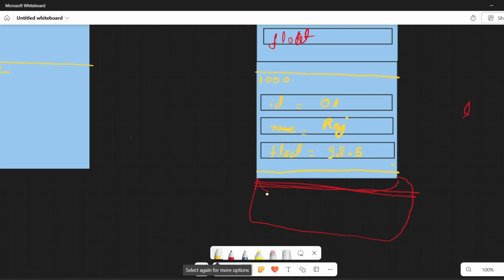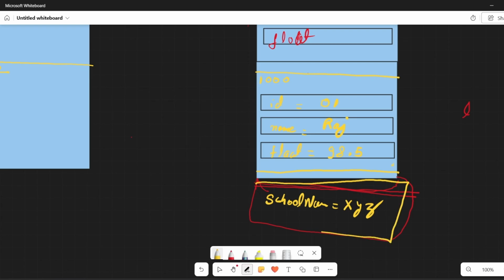Fine. Now when you write school name, the SCH2 school name variable will be declared and initialized with XYZ, and this memory location, let's say 3000, will be shared